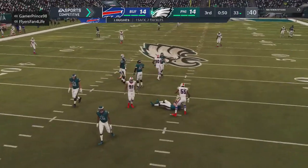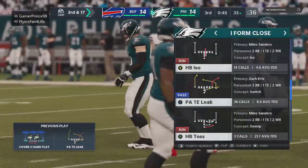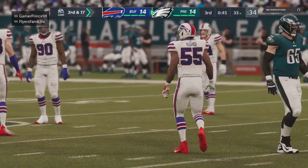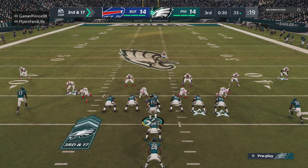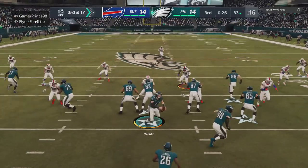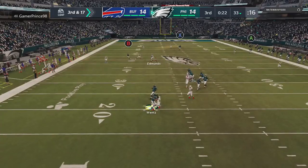And down he goes. They bring down Wentz on the sack. Jerry Hughes too strong as he's in for the sack. If you want a lesson on how to defeat an offensive tackle, that was pretty textbook. Is that a clip and save? Yes. That's what's going to go around the league, and people are going to watch that and say, my goodness, that's how you do it? And I feel awful for the offensive tackle because...